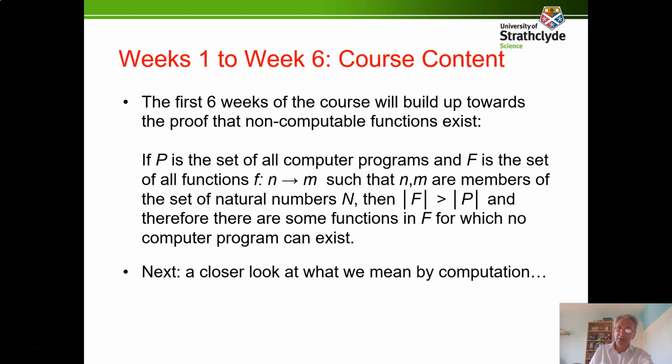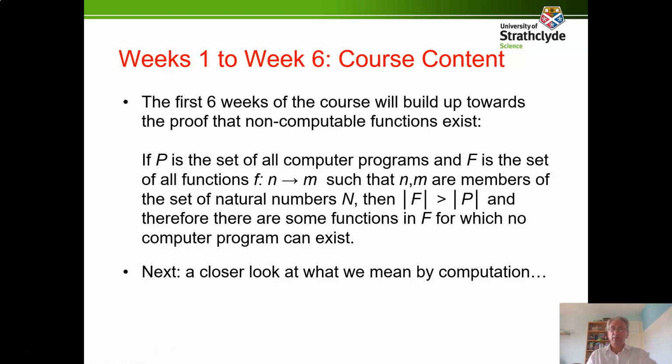So, in this class, I'm going to talk about functions and computer programs. And I'm going to build up over 6 weeks to a proof that there are such things as problems that computers can't solve. You might say it like this: if P is the set of all possible computer programs, that's all the computer programs that there could be, and if F is the set of all functions which take as input a natural number and give as output a natural number, then we can say that the size of the set of functions, that's this symbol here, is actually bigger than the size of the set of programs. And therefore, that means there must be some functions which map natural numbers onto natural numbers for which no computer